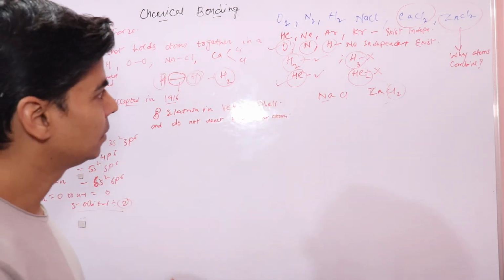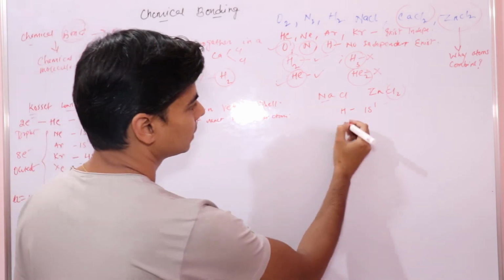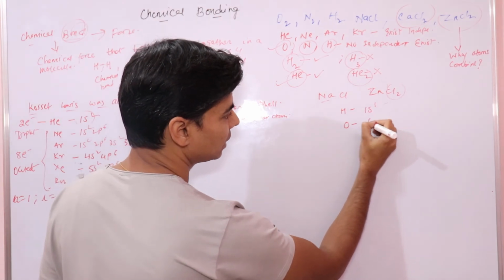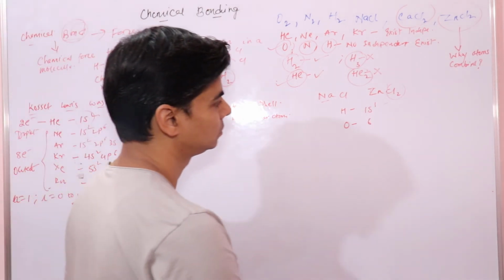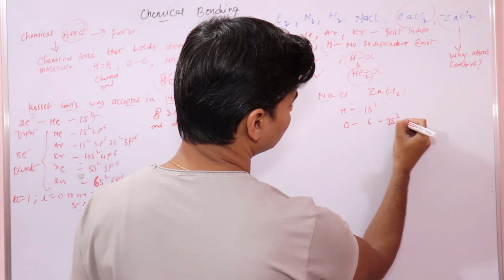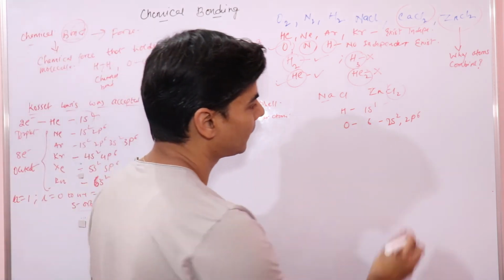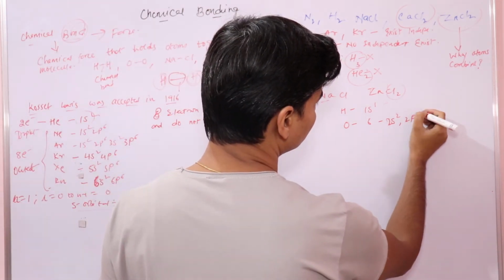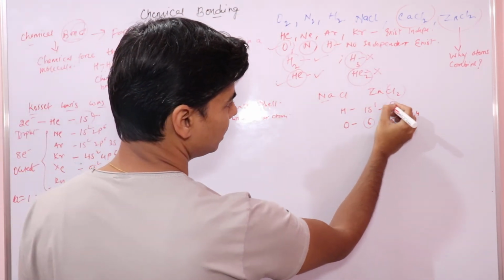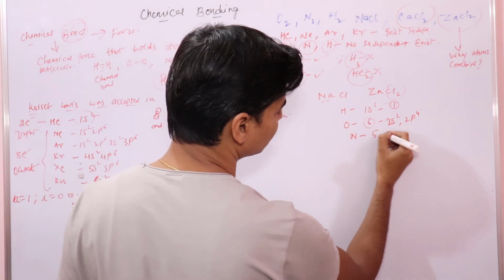right? Whereas if you look at the electronic configuration of hydrogen, it's 1s1, right? That of oxygen, how many electrons does it have in its outermost shell? It has 6 electrons, right? So its outer electronic configuration is 2s2 2p4. So basically it has 6 electrons in its outermost shell. Hydrogen has 1 electron in its outermost shell. If you talk about nitrogen, nitrogen has 5 electrons in its outermost shell,